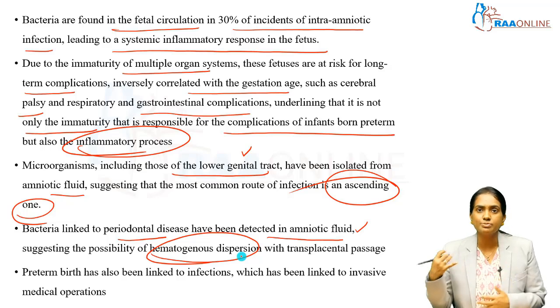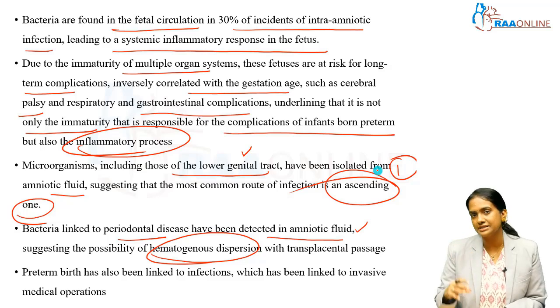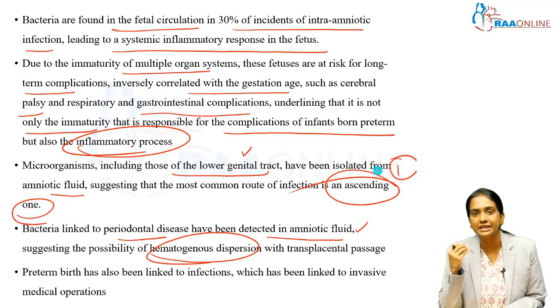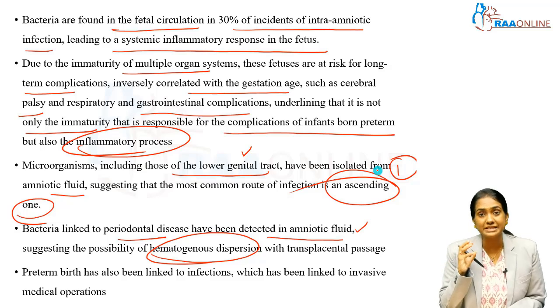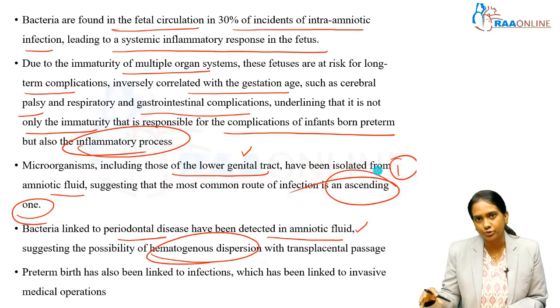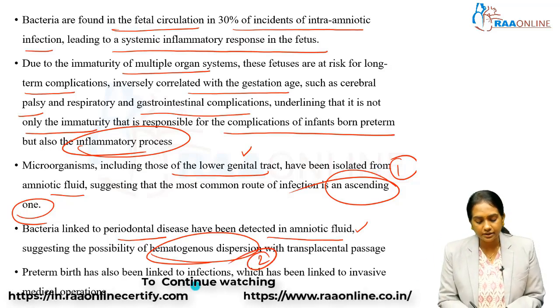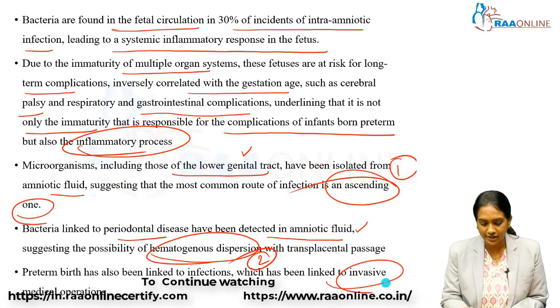So what are the routes by which infections can spread? One is ascending infections, and they have found that the microorganisms present in the vagina are also present in the amniotic fluid, suggesting the most common mode of transmission is an ascending infection. The second thing is that bacteria like Fusobacterium, which are present in periodontal diseases, have also been isolated in the amniotic fluid, proving that hematogenous spread can also cause infection. The third thing is preterm labor is also linked with infections which are related to the medical